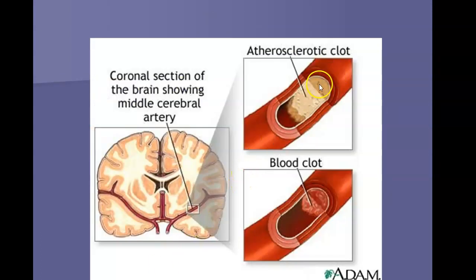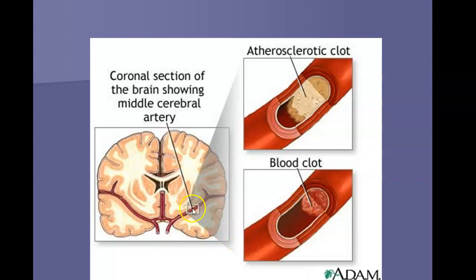So this picture here is showing you that atherosclerosis that's building up and blocking off part of the blood supply. Generally, it doesn't block it off completely like that. It'll block it off part way and then a blood clot starts to form. Or we can get embolic strokes. Back when we talked about that surgical patient and we talked about how, when a person's not moving their legs, they can get a thrombus or a blood clot in their legs. And then it can turn into an embolus where it branches off and it moves and gets stuck in another part of an artery in another part of the body. That can also happen up here and cause a stroke.